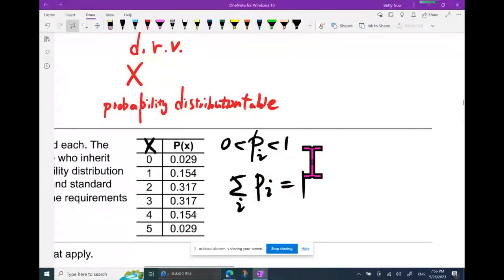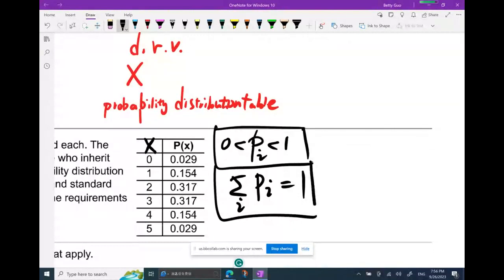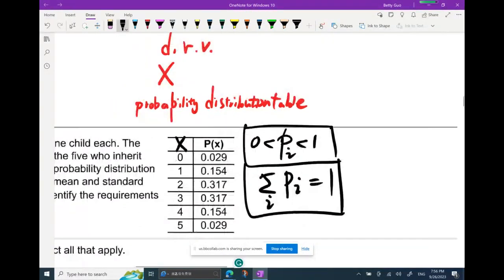In order for the table to be a probability distribution table, those two conditions must be satisfied. All right? When you work on the MATLAB math problems, you would be asked to determine that, and those two things are what to check. All right, let's